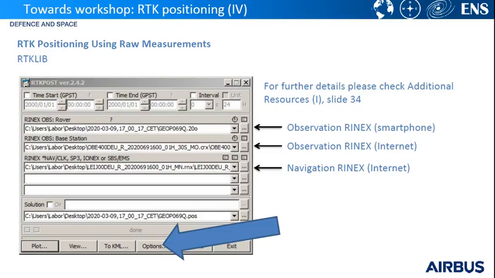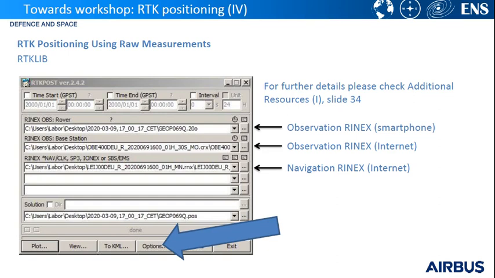For processing, we are going to use RTKlib. It is an open source program package for standard and precise GNSS positioning. All the input files which are needed for the processing are available in the additional resources. In additional resources, in GNSS Tools section, there is also a link to the RTKlib. In order to follow closer the next slides, I encourage you to download the RTKlib and to perform the processing